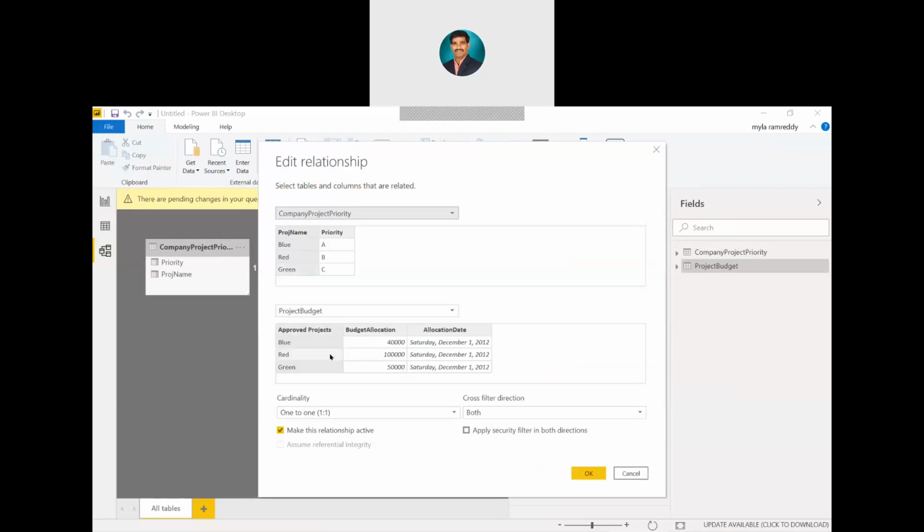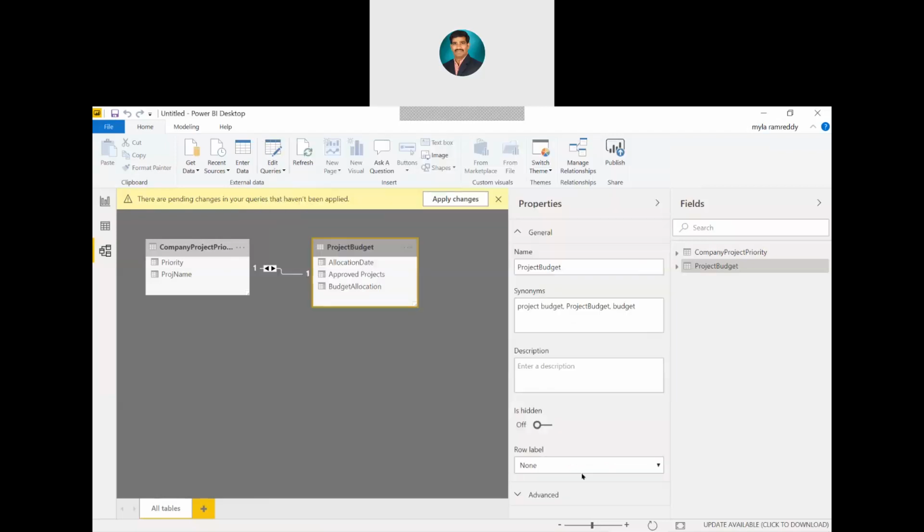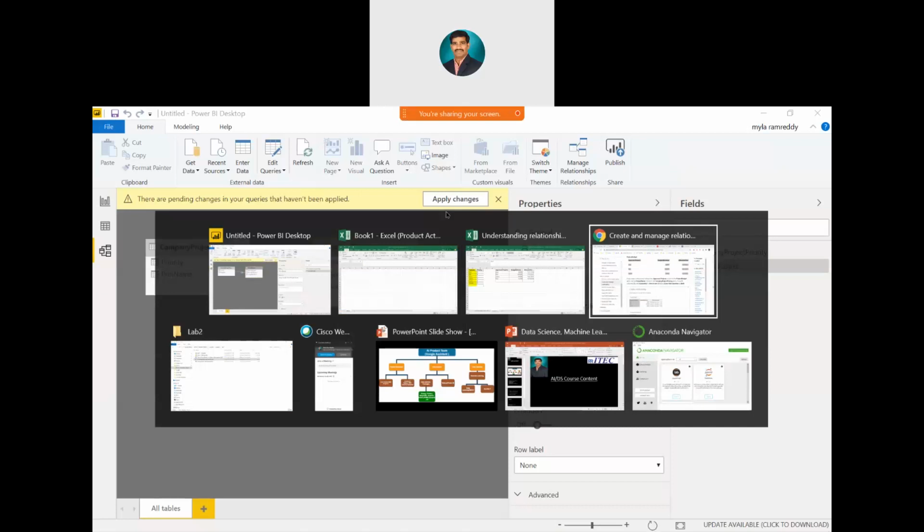We have to say here that one record may have many here. You need to select the relationship manually and properly. Even though the system gave some kind of relation, don't totally depend on that one. You have to think about the future of the data and put it accordingly.